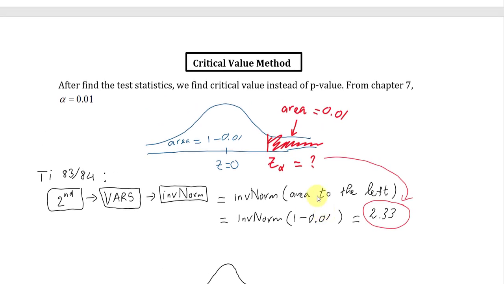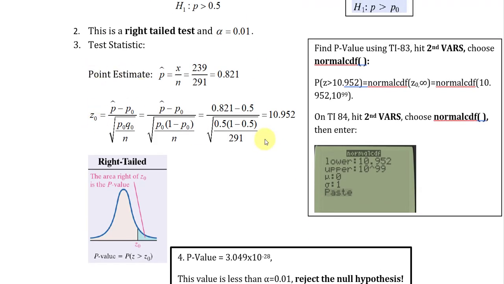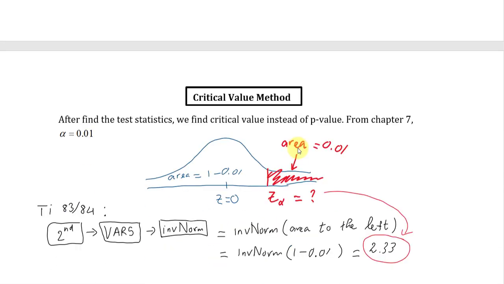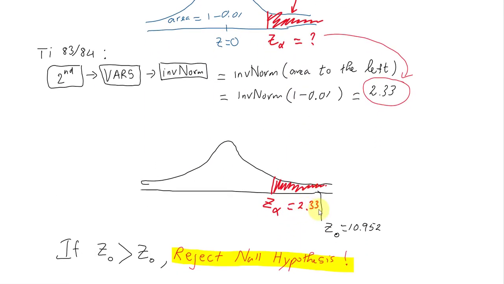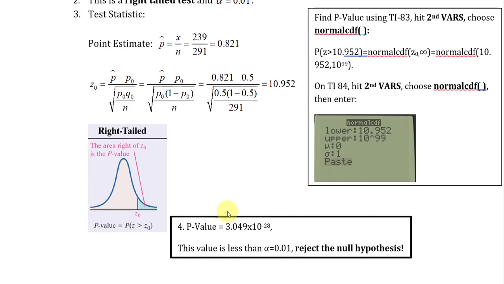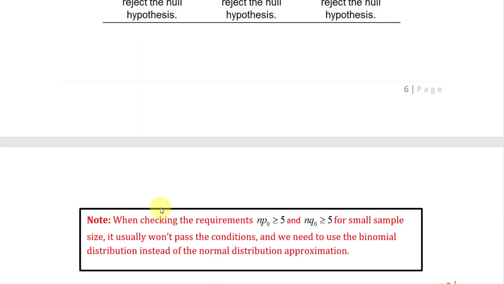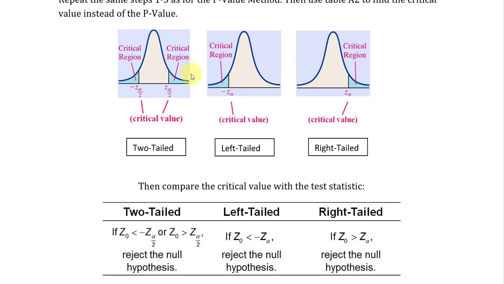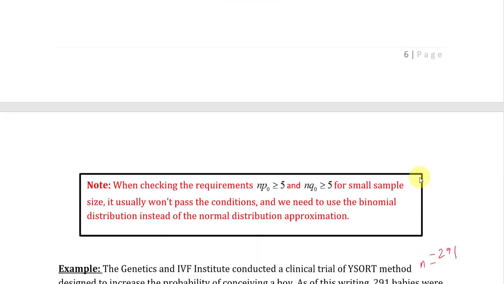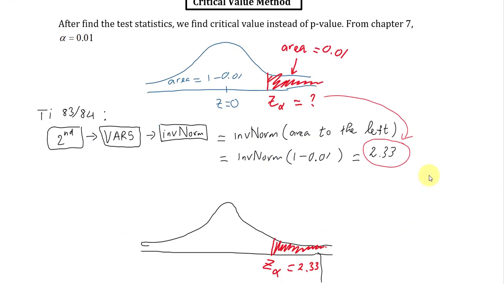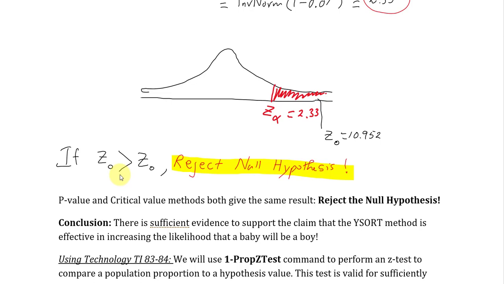However, your test statistic z naught is 10.952. So it's all the way after 2.33, all the way over here, and therefore it is inside the critical region. Anything inside the critical region, that you saw before, we reject the null hypothesis. And in this case, because z naught is bigger than z alpha, then we reject